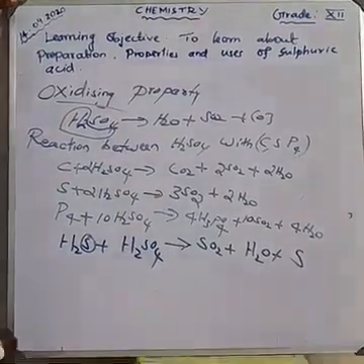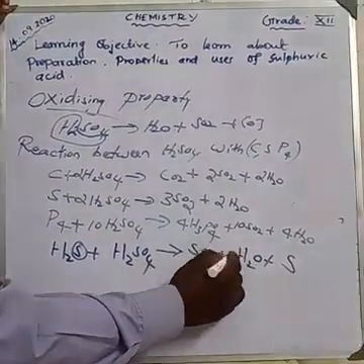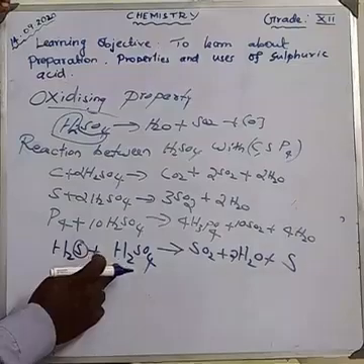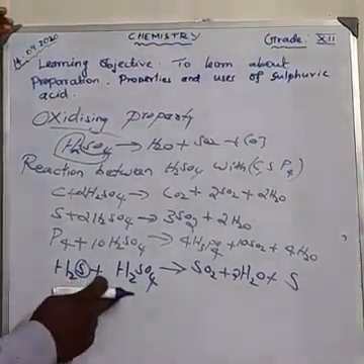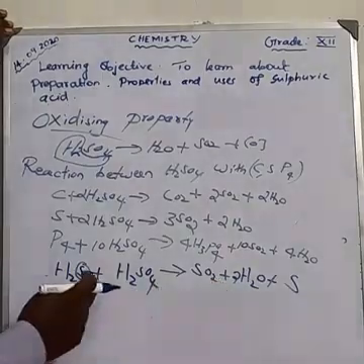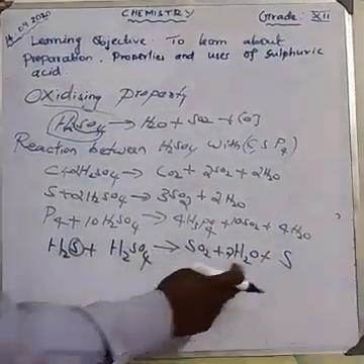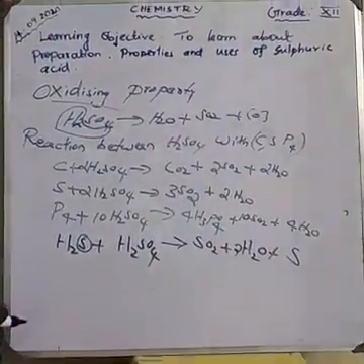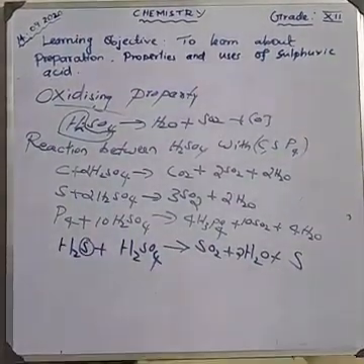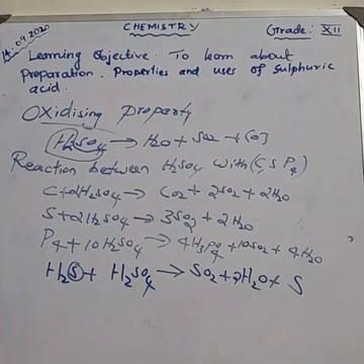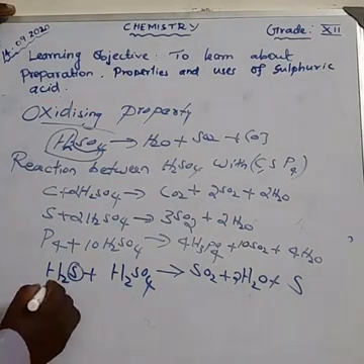So how can you balance the equation? Oxygen may be 2 here. Now the equation is balanced. Am I right? 4 hydrogen, sulfur also 1, 2 sulfur, and oxygen is also 4. Now the equation is balanced. Clear? Next, the reaction between sulfuric acid